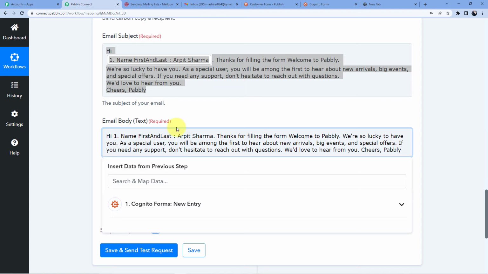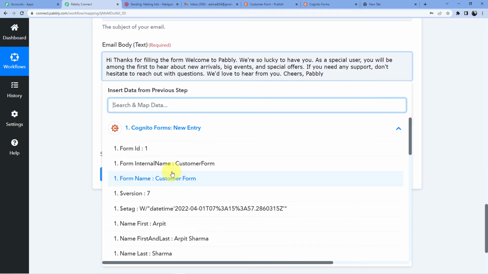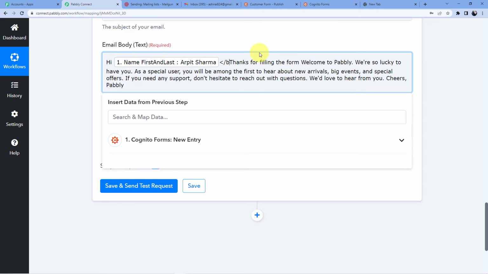Okay. Now I'm just going to copy this as it is and paste it here. And now I am going to convert it into HTML. So we will just delete this. Now I'm just going to map in the name here, Arpit Sharma. And now we are going to put in a bracket, BR.